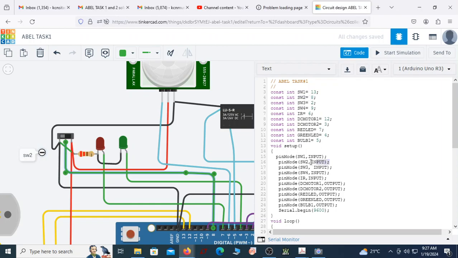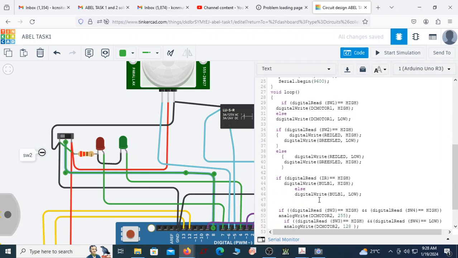You can see SW2 is defined as pin mode input, and we have these two LEDs, LED1, LED2. Those two are defined as, you can see, red LED is 7, green LED is 4. So red LED is output and green LED is also output. If you just come to the code part of it,